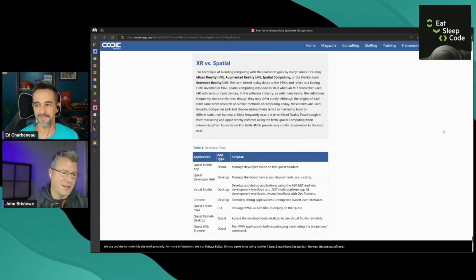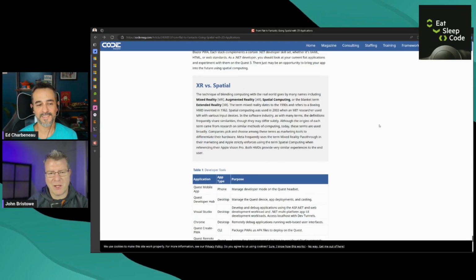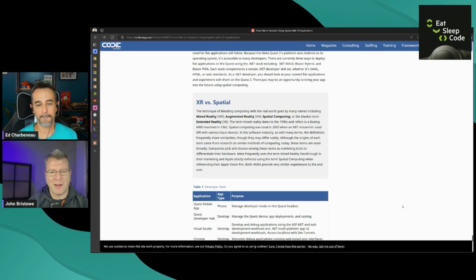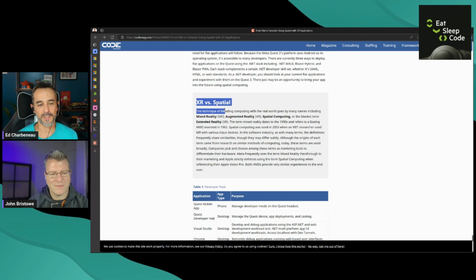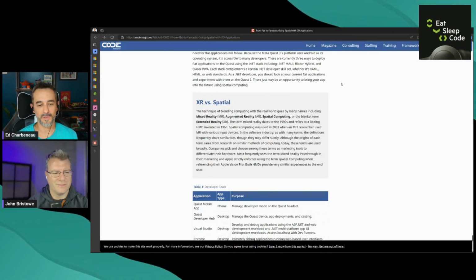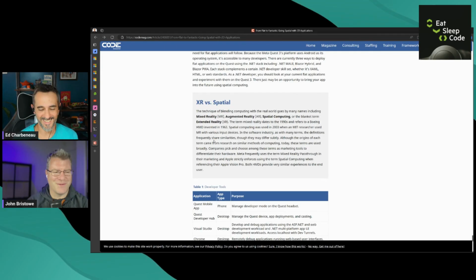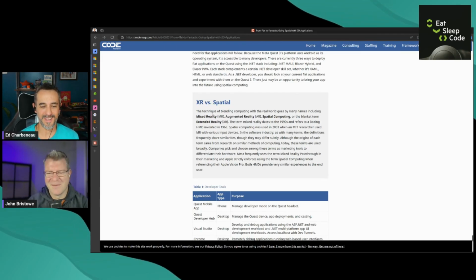I feel like we need a phrase, kind of like flat on the screen, spatial with the headset, sort of like party, business in the front, party in the back. I even went into the details of XR versus spatial, because Apple had to come out with their quote-unquote spatial computing device. It's a bit ridiculous with the jargon they come up with. You think Apple's marketing can be ridiculous from time to time? Let me tell you a few stories. We beat this up so bad last week.